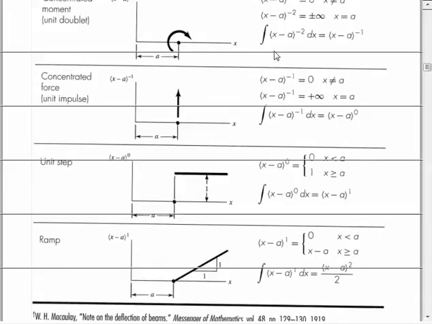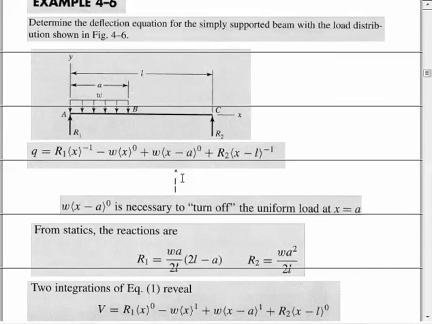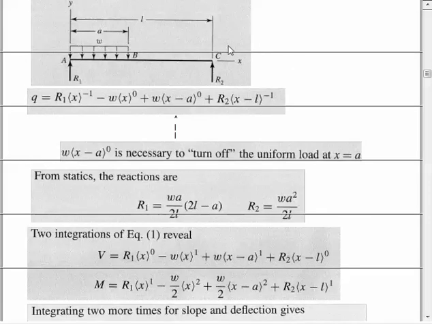And that's the whole point. They're turned off until the point where they're supposed to be turned on. And some of you in your boundary conditions, when you plugged in a 0, you said this returns a minus a, especially when we got into the higher power ones. When you plugged in x equals 0, you said this returned a minus a to a certain power, and that's definitely not true. Okay, so we have our singularity functions, and then we typically apply them by taking some kind